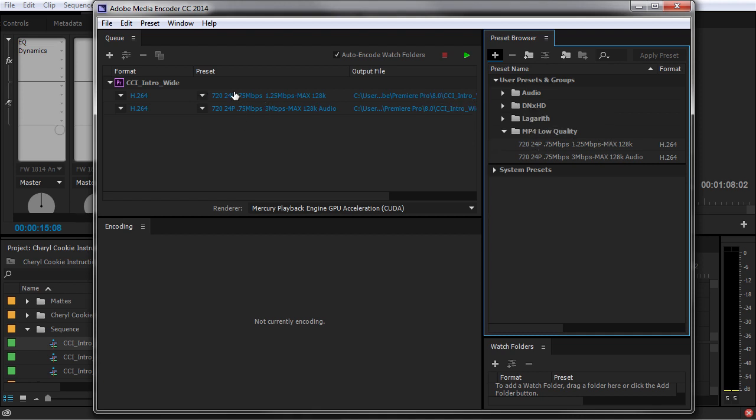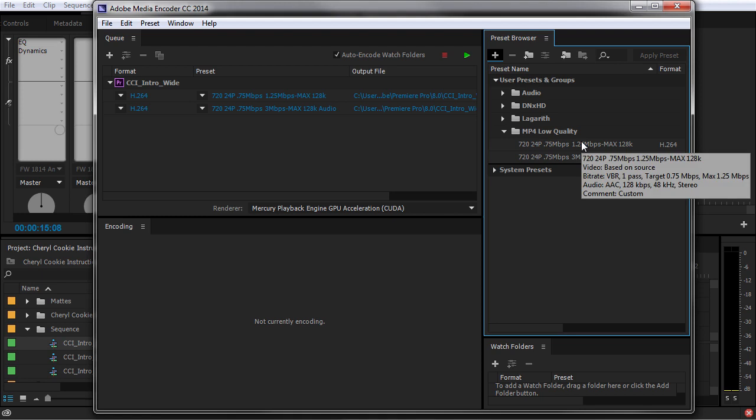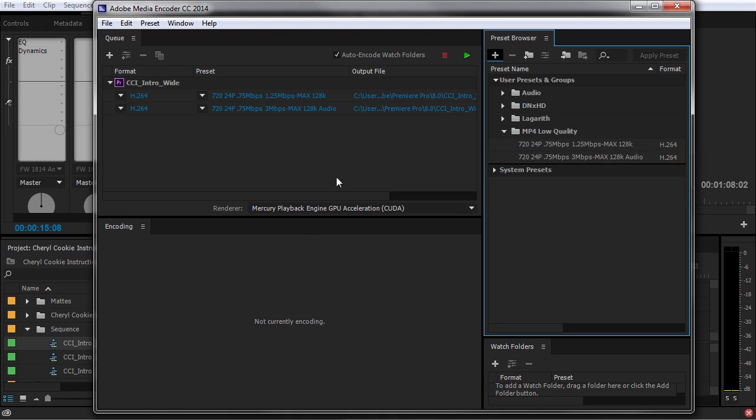If you're using a particular preset a lot, say you're sending things to Vimeo all the time or sending things to YouTube all the time, you just set up that preset right over here, and then you don't even have to go through that export settings dialog box in Premiere. You can just grab your files, pull them right over here into Adobe Media Encoder. You will have to launch the application first, but once you do that, you can just drag things right over here and it'll set up the outputs for you.